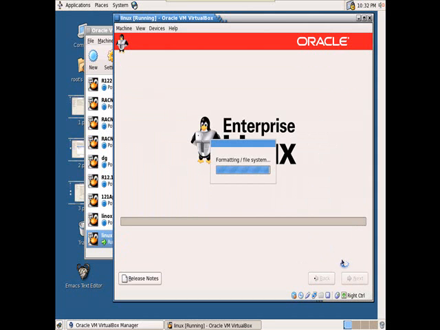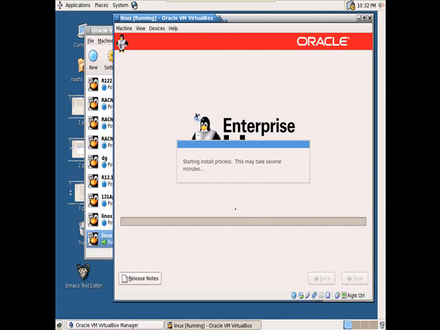When installation starts, first of all it formats the partitions into OS blocks. By default the OS block size is 512 bytes. So first formatting will occur, then installation will start. With that, installation will be completed. After that, a few remaining steps will be there, and we will see those steps also. So it is showing the starting installation process. This is Oracle Enterprise Linux, OEL version 5.4.